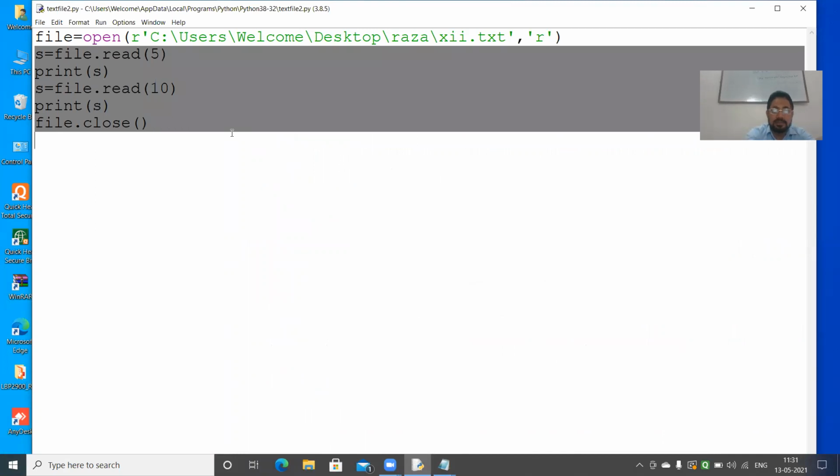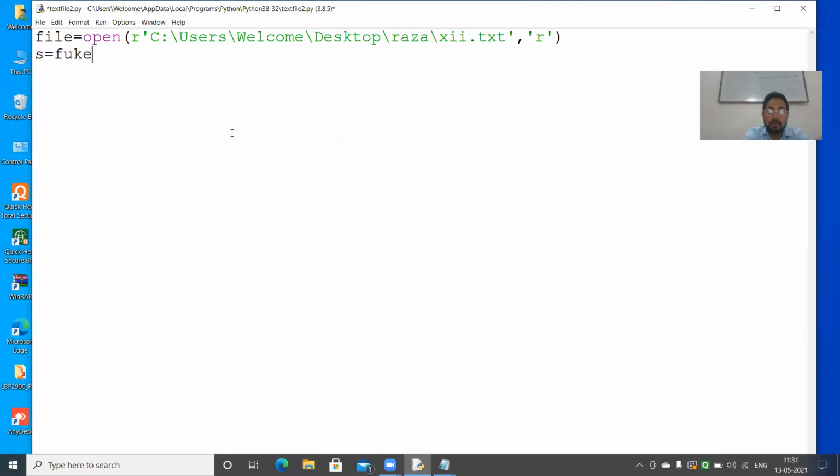So s = file.read(), only read, print s, and then file.close(). Run it. Now whatever lines are there in the 12.txt file are read.